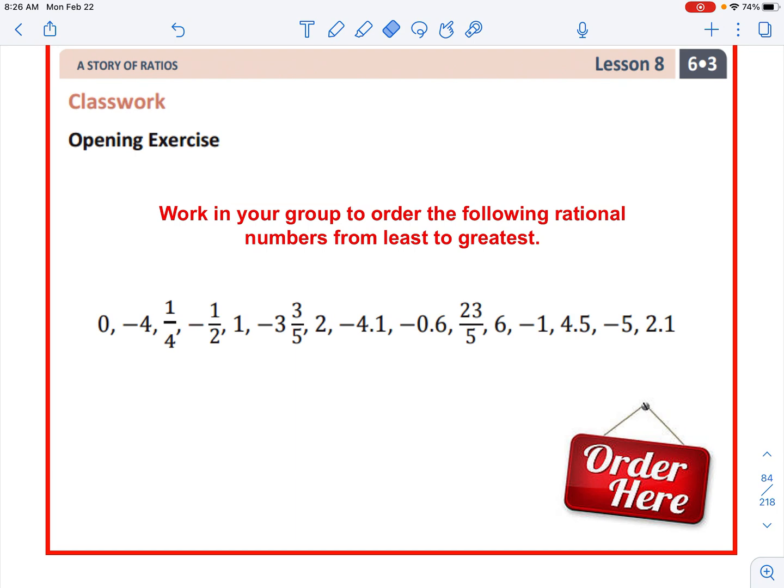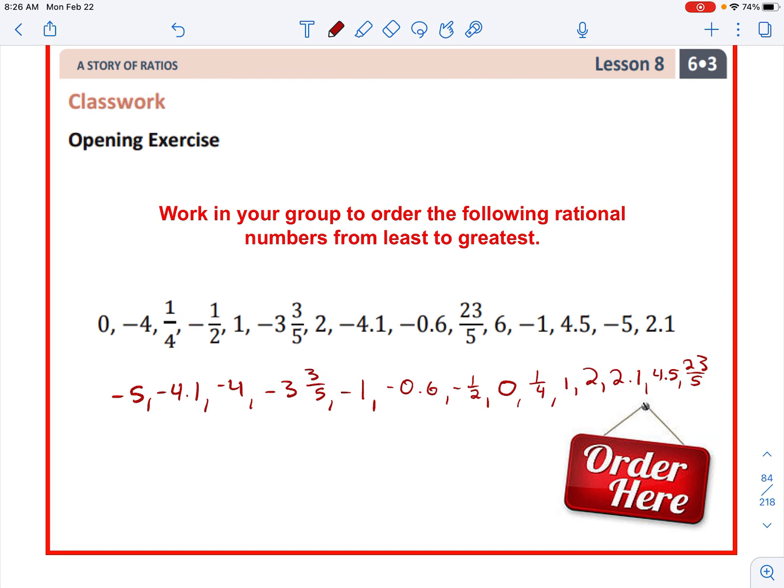And the correct order from least to greatest would be, we have -5 and then -4.1. Then we have -4, -3 and 3/5, -1, -0.6, and then -1/2, 0, 1/4, 1, 2, 2.1, 4.5,